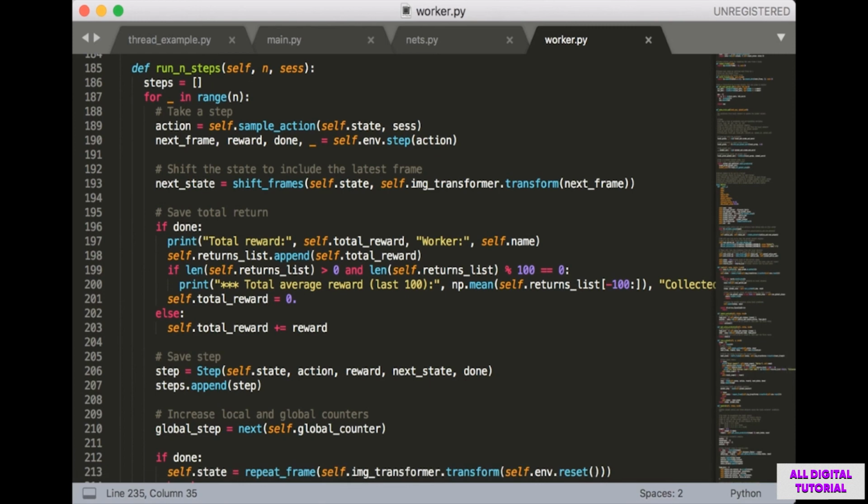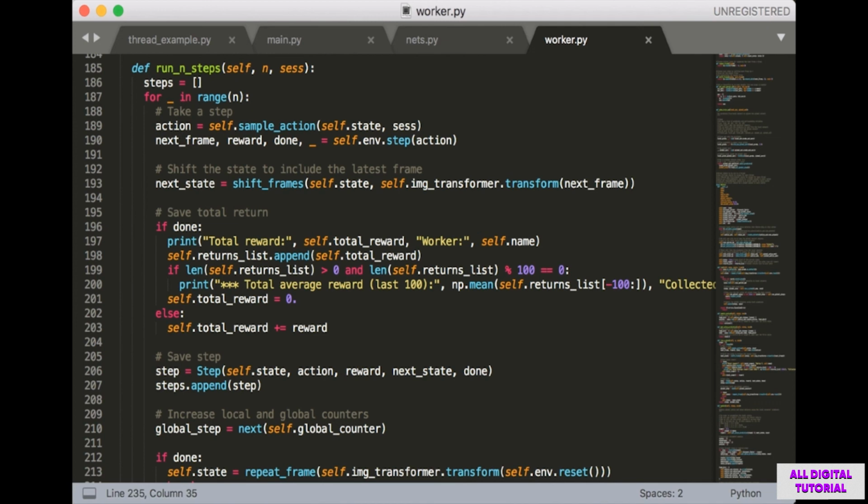Next, we have the run n steps function, which we saw being used earlier. As its name suggests, this function is going to run n steps of the environment. Although there is one exception to this, which is if the episode ends, in which case we'll return early. So the first thing we need to do is initialize an empty list of steps. Then we do a for loop n times.